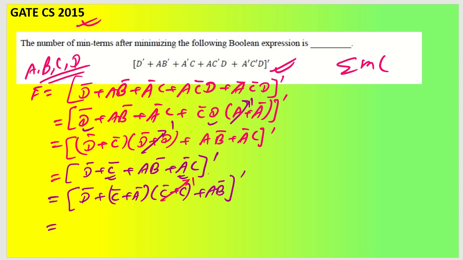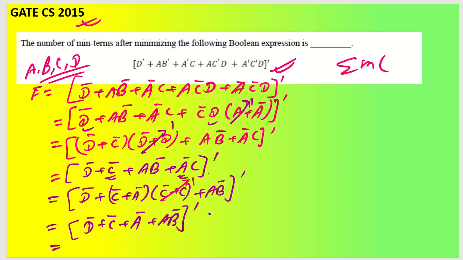Now as you can see, what we have now is D bar plus C bar plus A bar into A plus B. So from here A bar plus AB bar will also come up together. So I can have it like this. Let us say (D bar plus C bar plus A bar plus AB bar) whole